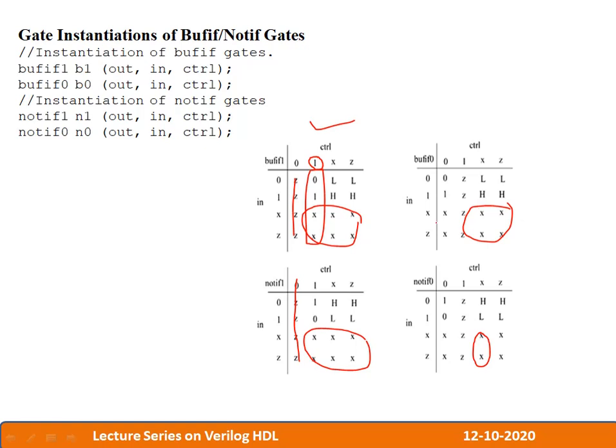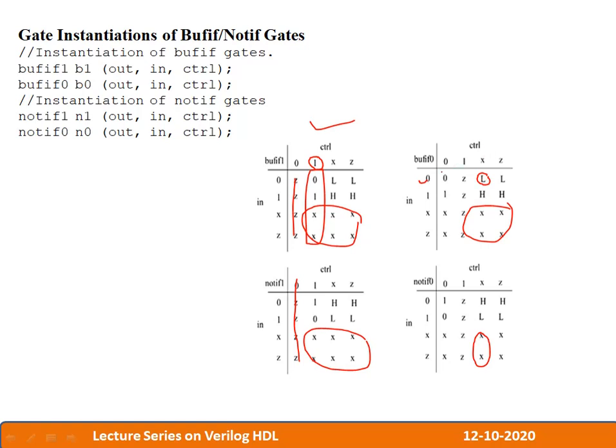For input of 0 and 1, if the control signal is X and Z, then what will be the condition? See, for an input of 0, if the control is X, since input is 0, control is X, X could be 1 or 0, my output will be, I say it as low. In the sense, depending on my X value. See, for example, X means what? It could be either 0 or 1. So, depending on this X value, if X is 0, output will be 0, that means low.